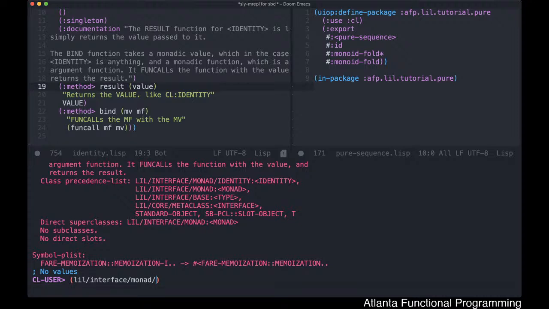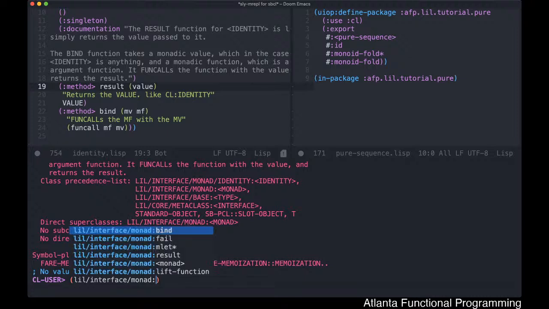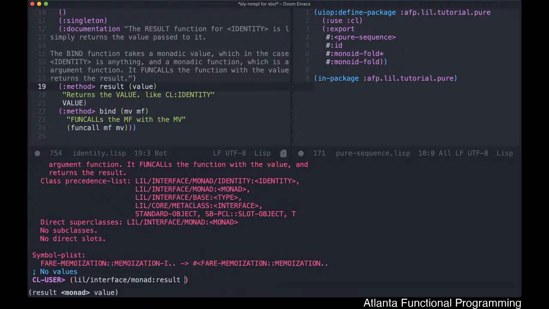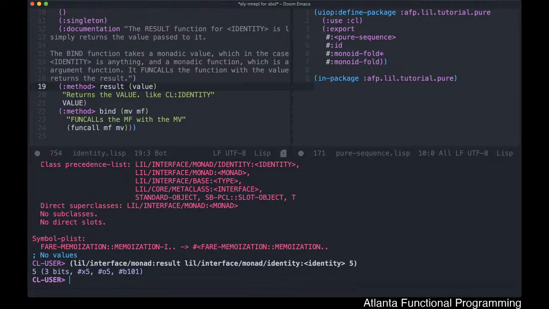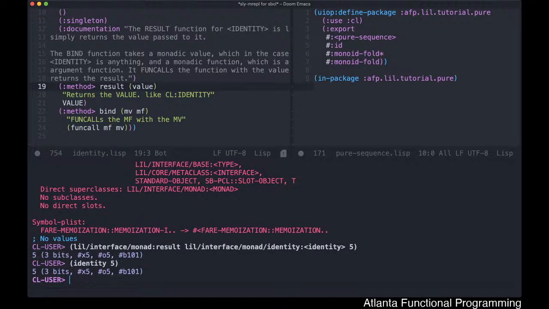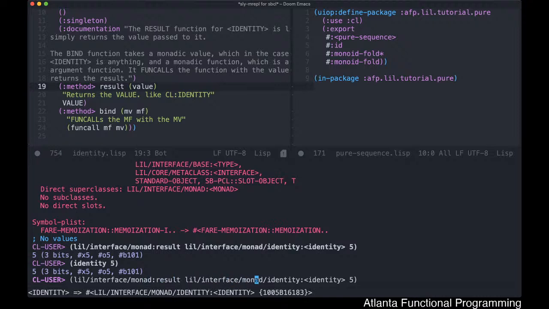So we do result, and then we just say our interface here, which is identity : identity, and then we just say 5, and you'll see that we're getting 5. And this is the same thing as if we call identity of 5. Okay. But this value returning isn't anything particularly interesting. The one thing that we should check is